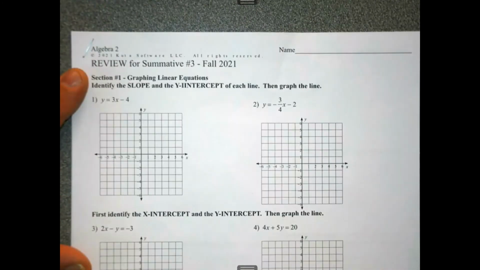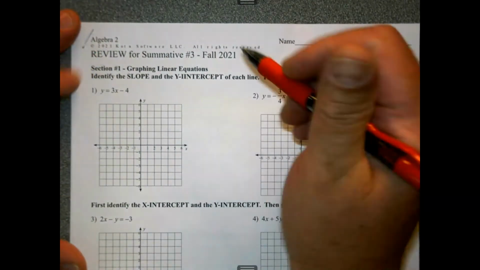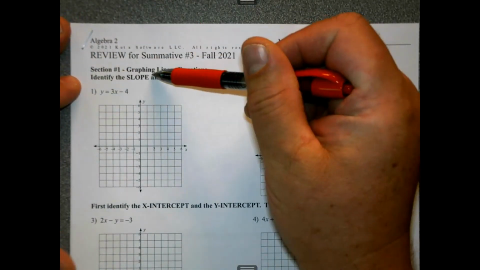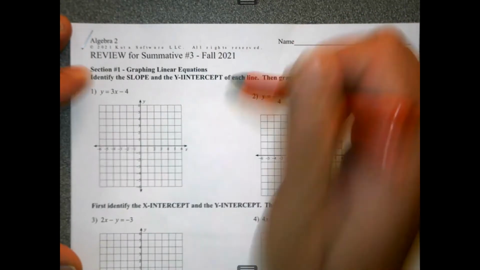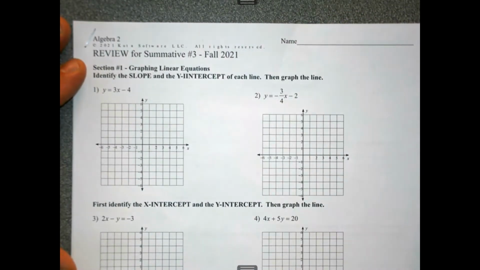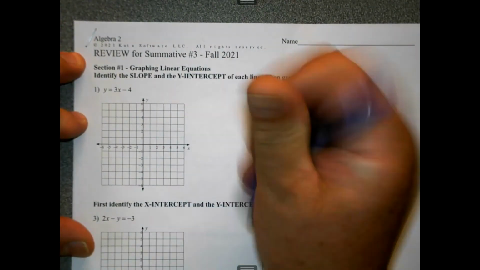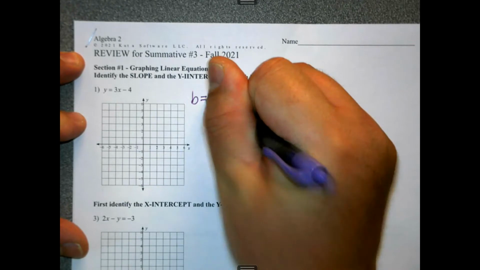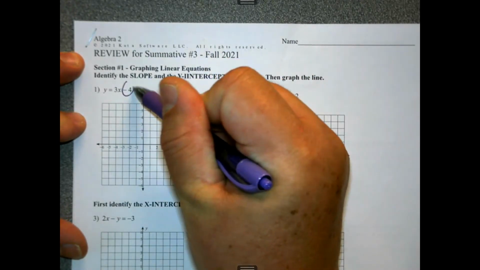Okay, so it's in slope intercept form, right? So we have to identify the slope and the y-intercept of each line. Then we have to graph the line. Piece of cake. Okay, let's do the y-intercept first. Y-intercept is -4